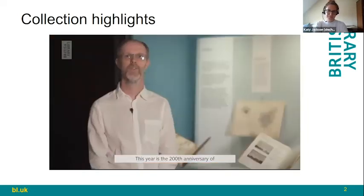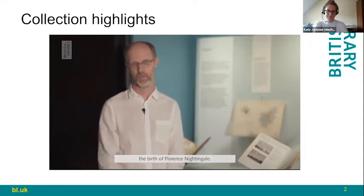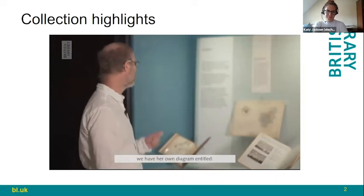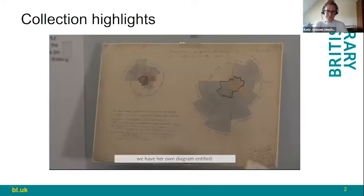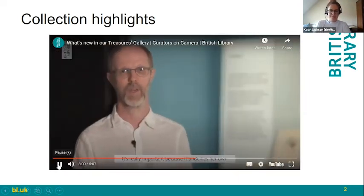This year is the 200th anniversary of the birth of Florence Nightingale, and on display in our Treasures Gallery we have our own diagram entitled Causes of Mortality in the Army in the East, which she herself drew in the Crimea in 1858. It's really important because...